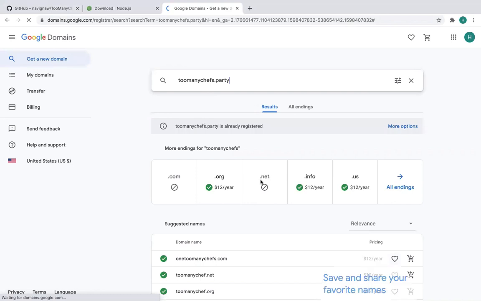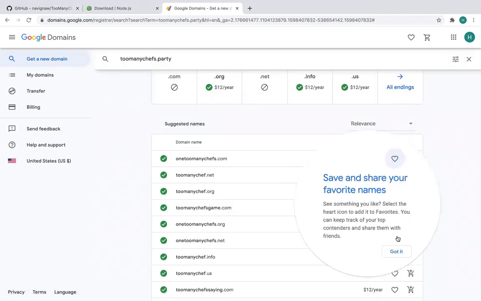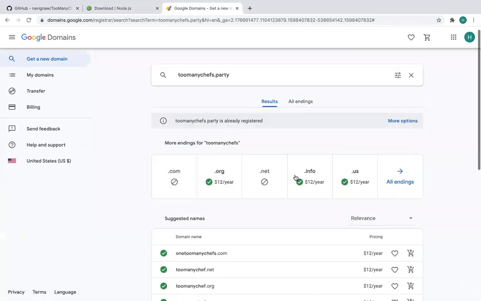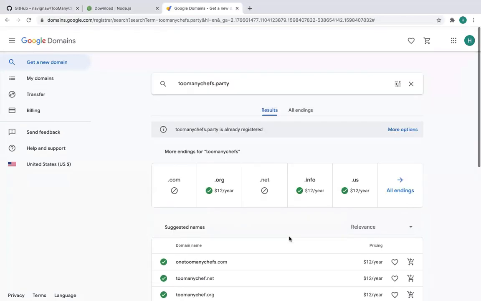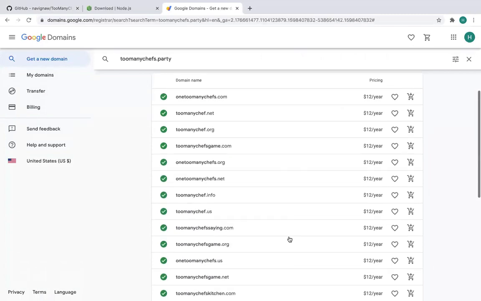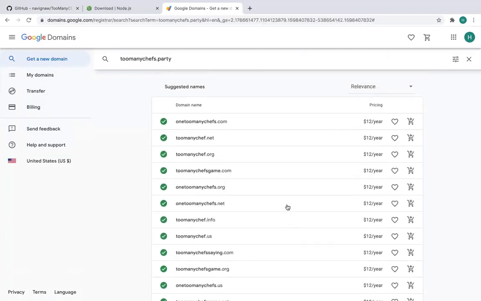It's kind of slow, but okay. So here it is. They're showing the prices for these different domains that are similar. So they're not showing the domain.party, so that must be some other extension they bought. But they're saying that you can buy